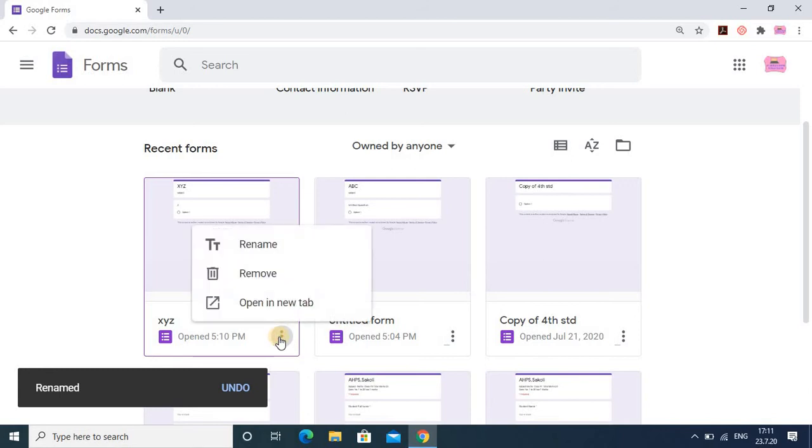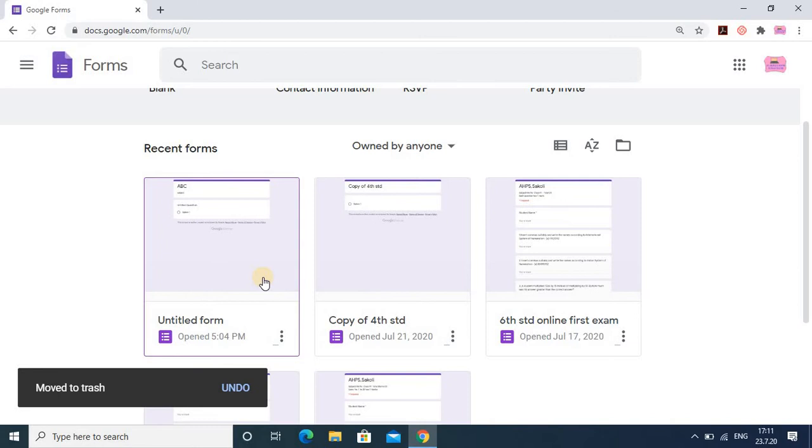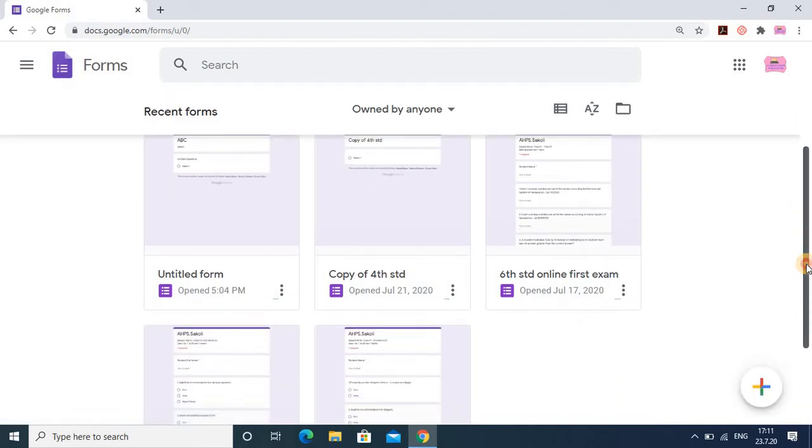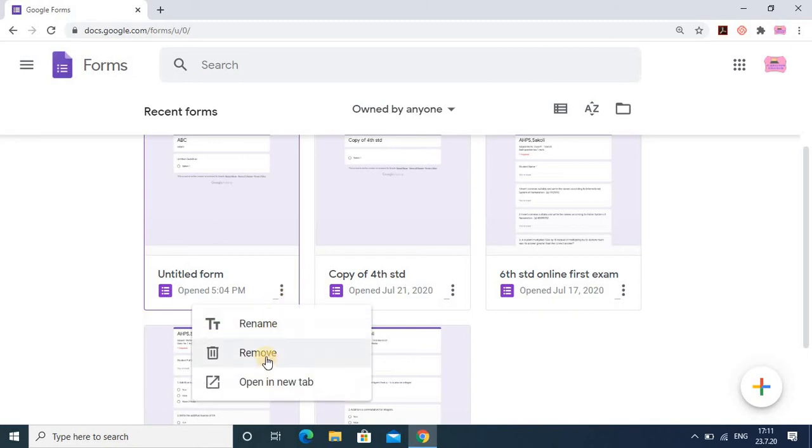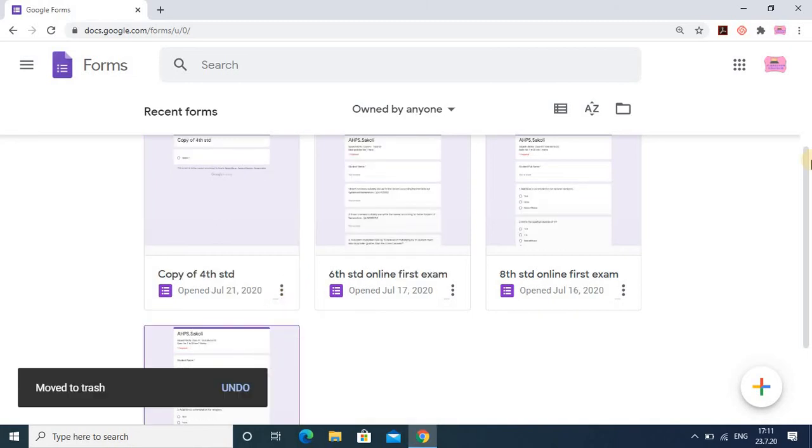Suppose you don't want this form, you just have to remove it, because I suggest you keep only the forms you need currently in your account. Suppose these are unwanted forms for me, so I will click on the three dots and click on the remove option.